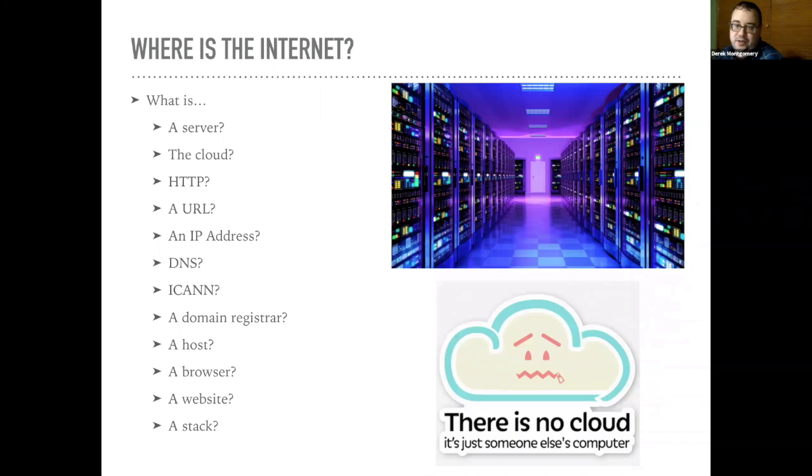So a server, all it is, is a computer. A server is a computer that is somewhere in the world. For example, Caterpillar serves a bunch of stuff, and I know that they have computers to their name in like Morton, Illinois or something, and that's a server.